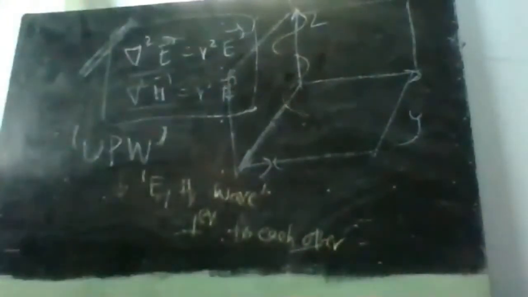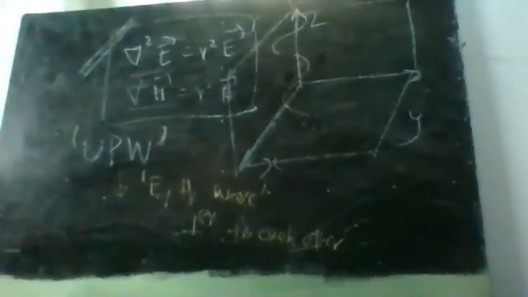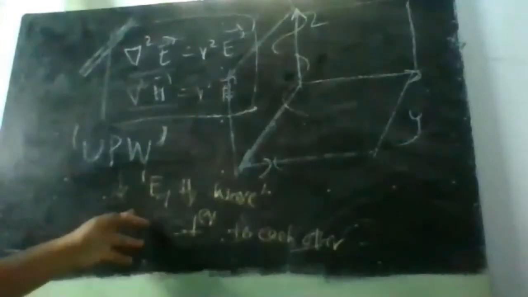Okay, right? So a wave in which the wave propagation is only along a particular plane, along one plane or one axis, is called a uniform plane wave. And for any uniform plane wave, the direction of propagation and the E bar and the H bar will always be perpendicular to each other. That means the E bar and H bar will have only one component.